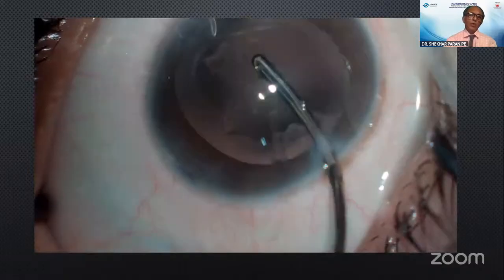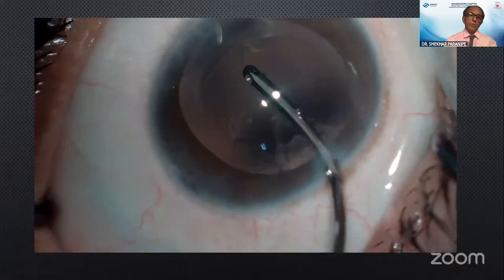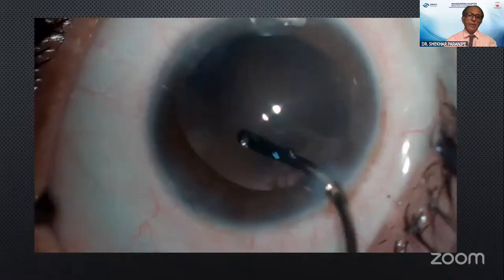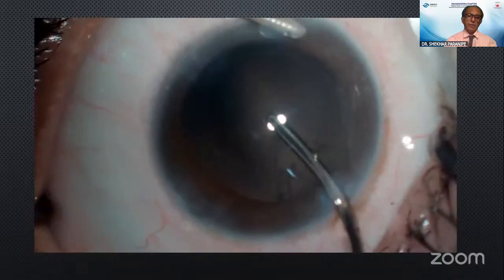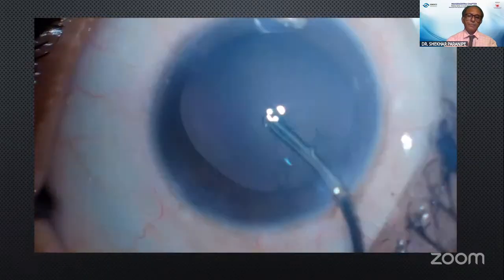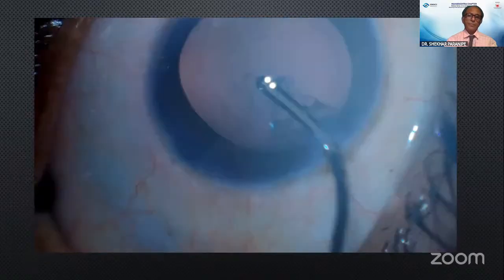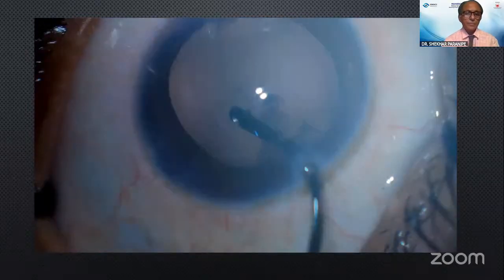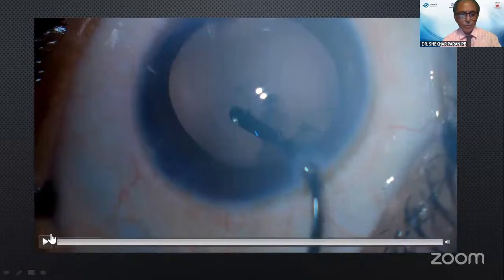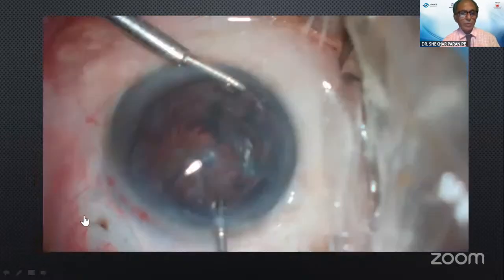Now some little more cortex is on the posterior capsule, and here and there is the subincisional cortex. I think the video is stopping in between. Now this is a